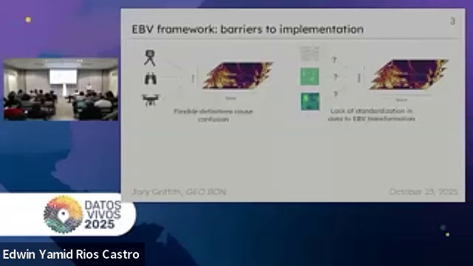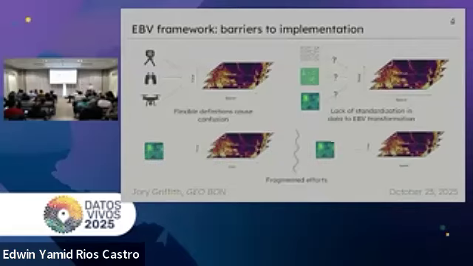The second is that because it's not raw data, you have to turn it into a layer somehow, and there are not really defined ways to do this. There's a lot of confusion about how to use different sampling types and integrate different types of data across different ecosystems to develop the same sort of EBV classes that still follow this standard. And one of the others I'm listing is that a lot of people are doing this in different contexts, but aren't necessarily talking to each other. So it's not really a standard if everyone's using completely different methods to go from point A to point B.